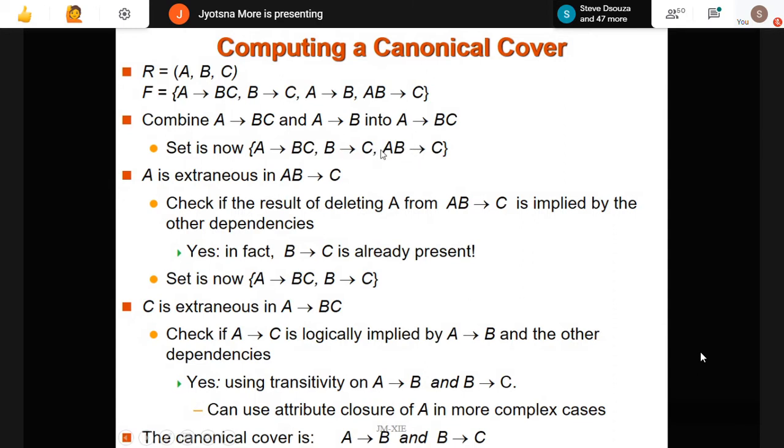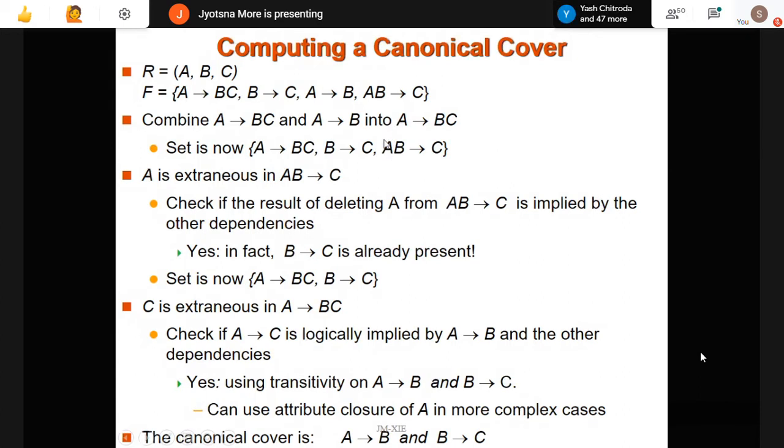Correct? So now in this case, after this, I have to check in this. Okay, because this functional dependency is now reduced to this. So this is now my final set of functional dependencies. What I am saying here is AB determines C, right? If I am finding AB determining C, C is also determined with the help of B. B determines C. Again, this C is also determined with the help of A, right? So in this case, my A is an extraneous attribute.